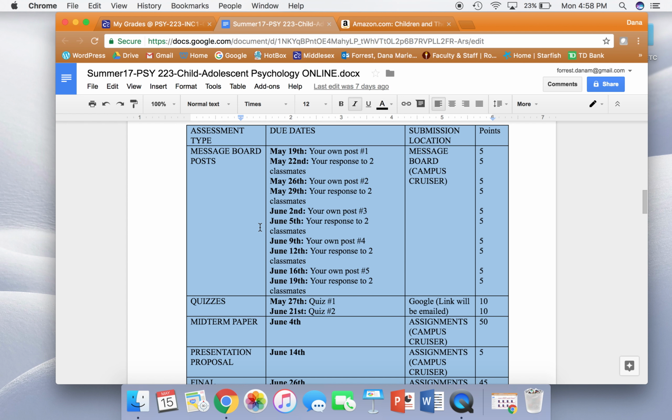And I like to use this little table to show the point value, right? So message board on May 19th, post number 1 is due. This is your own little mini essay, and it's worth 5 points. All of the due dates are due by midnight of that night. So I think in Campus Cruiser, I had the option to put it in for 11:55 p.m. On May 19th.